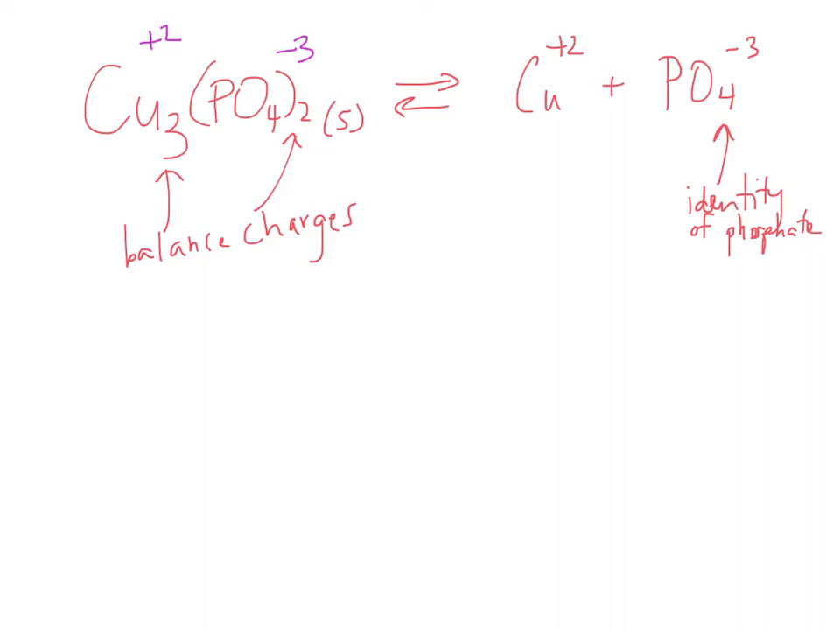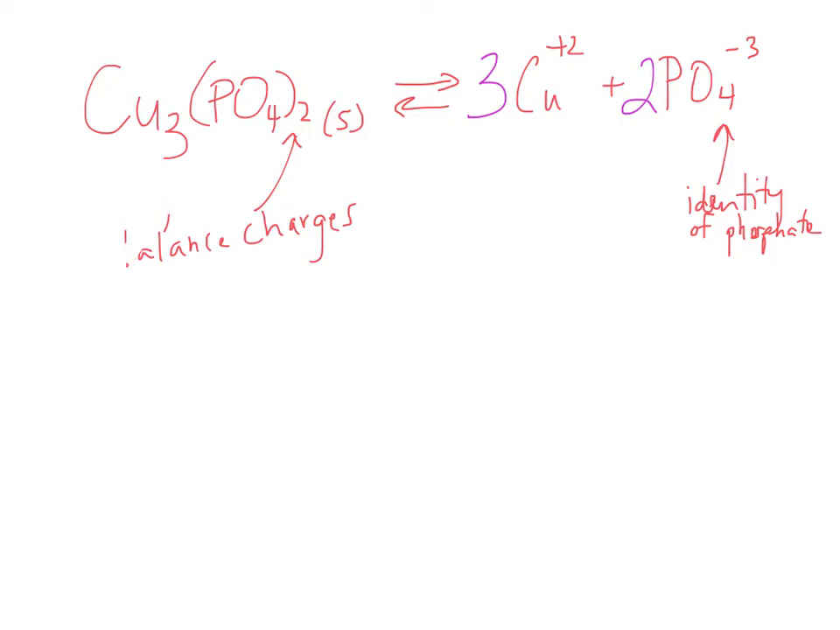Now, in order to get the entire reaction balanced, since there are 3 coppers on the left, I still want 3 coppers on the right. And since there's 2 phosphates on the left, I still want 2 phosphates on the right, and that's going to make everything balance for me. If you want to check it out, if you don't believe me,